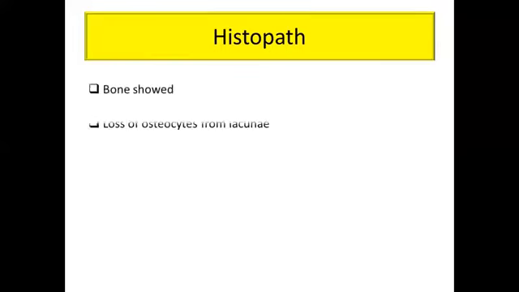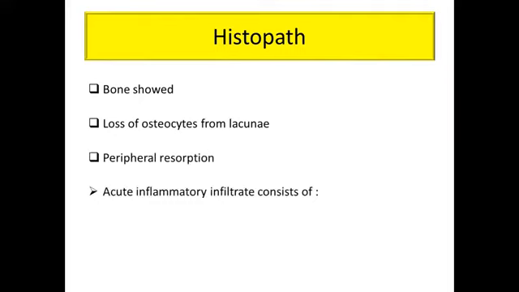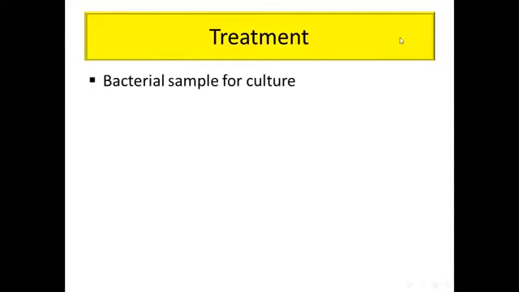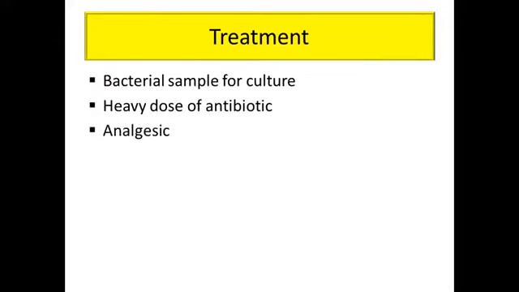Histopath. The bone showed loss of osteocyte from the lacunae, peripheral resorption, and acute inflammatory infiltrate consists of mainly polymorphonuclear leukocytes. Treatment: bacterial sample for culture, heavy dose of antibiotic, give or prescribe analgesic for the patient to relieve the pain, drainage of abscess,